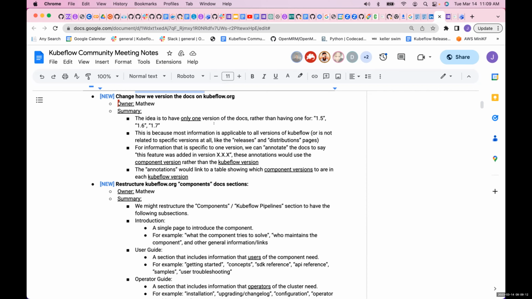But a lot of these problems become less complex as we push more and more docs to version themselves independently. Once we've pushed the components to version their docs independently, then the overall website docs just become about concepts and how they all link together. For example, once there's a sub website that is versioned on a separate drop-down version for Pipelines, reflective of the versions of Pipelines, and one for Notebooks and one for Katib and one for KServe, which already has one, a lot of the problems go away and it just becomes about what actually should live on the overall website. And so these discussions probably are not helpful until after then.